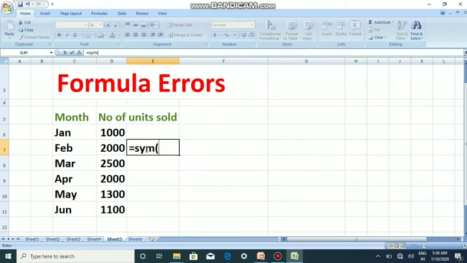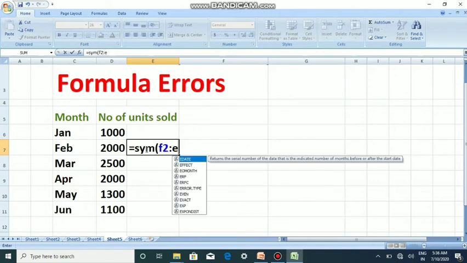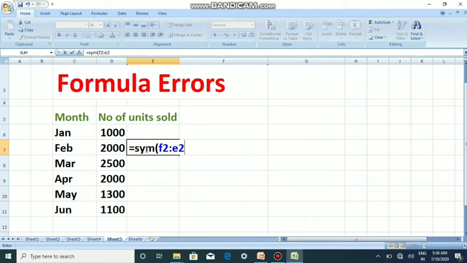Okay, I'm entering it wrong, and F2 is to something like that. So just press the enter key, and you have seen that it is displaying a name error. So whenever you see a name error, that means the entered formula has a mistake. So you have to correct it so that this name error will be rectified.